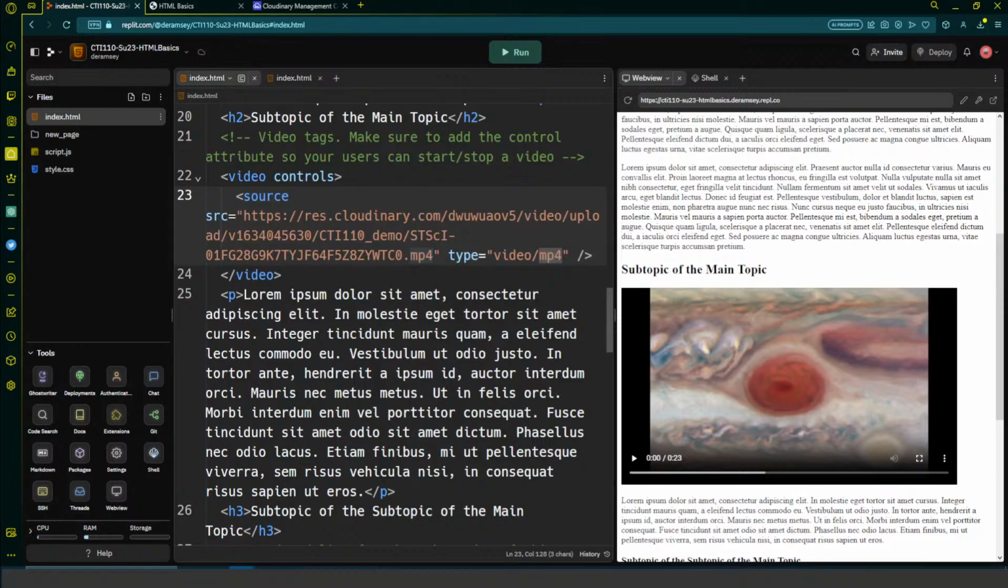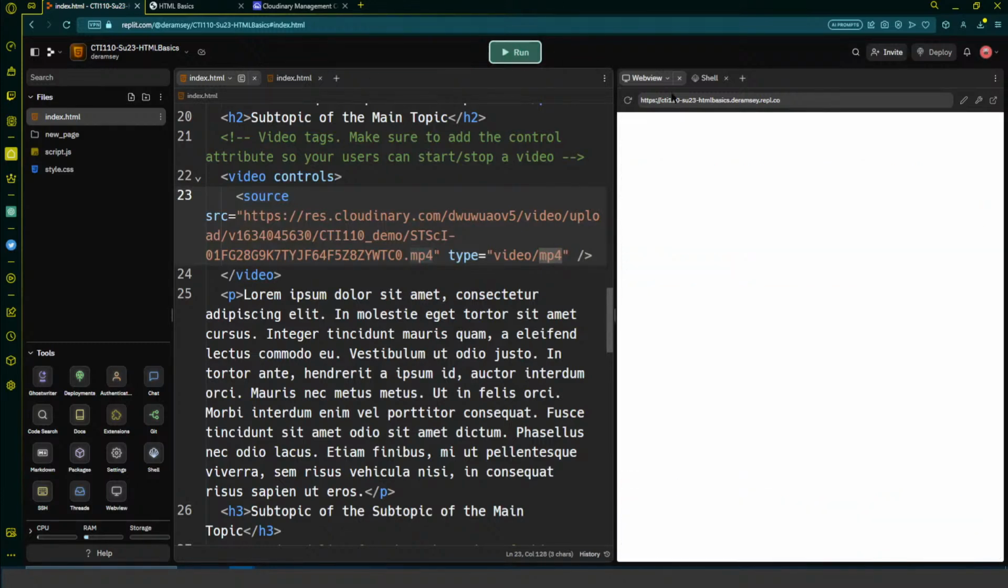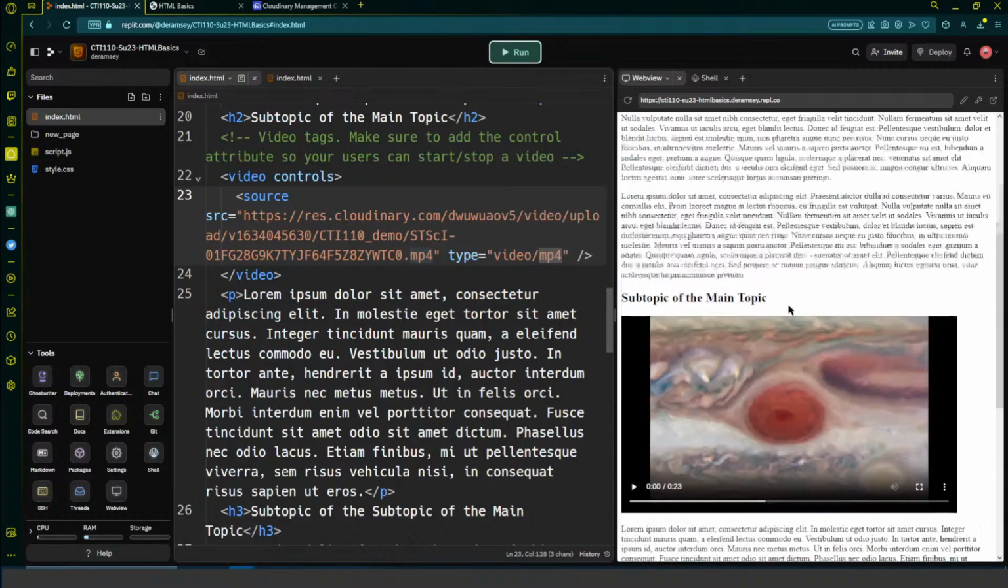If your video was not an MP4, you would just replace that with whatever type of file your video was. So if it was a MOV, that would be MOV. If it was an OGG, if you found an OGG video somewhere, that would be OGG. But it's not really going to have much of a difference. So now we have